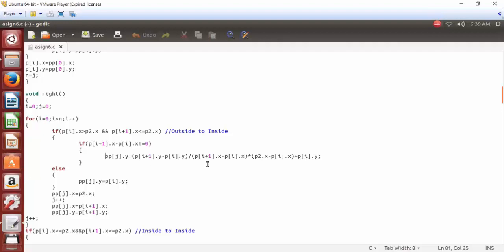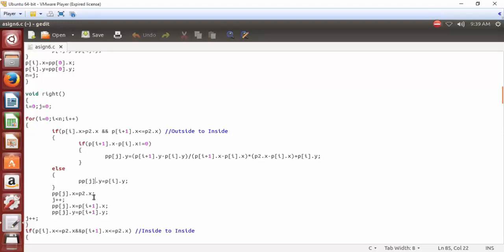That is the formula, same as the left function. We calculate y. Otherwise, p of i's starting point y is the same as pp of j dot y, and that is included into the pp vertex list.